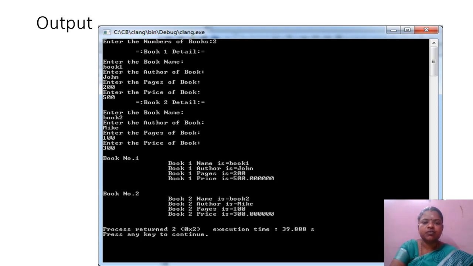Actually, in C a structure is nothing but a user defined data type. It is used to group items. In an array also we can group items, but the basic difference between array and structure is that in an array you can group only similar data type items, whereas in structures you can group different types of data into a single type. A structure is a way to group several related variables into one place. In each structure, you are going to create members for the structure, so that only you can access the